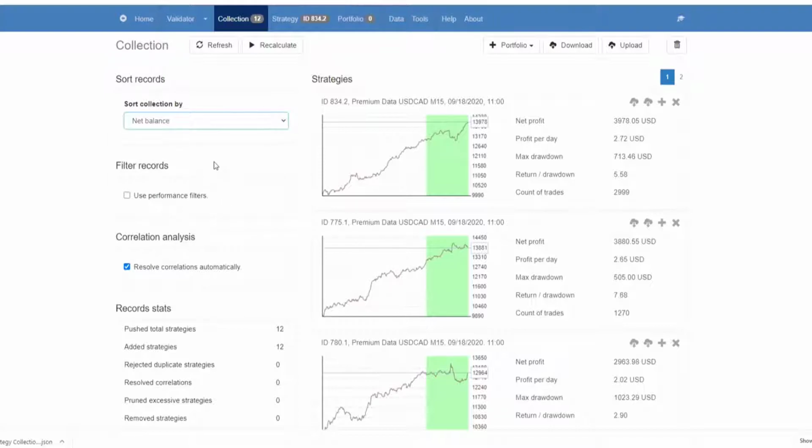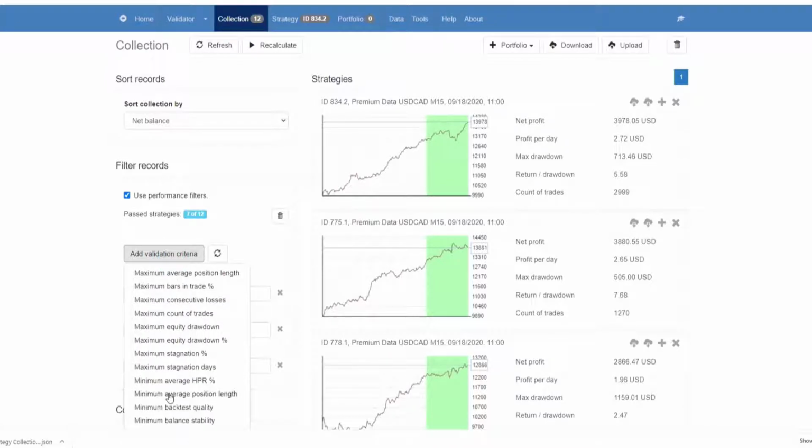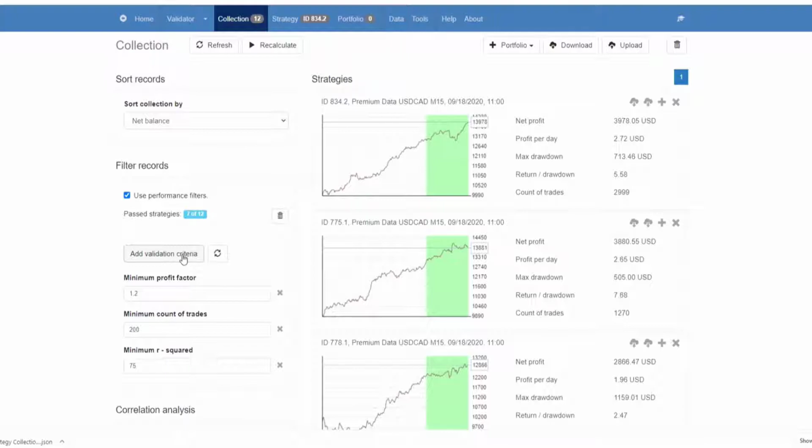Then below that, there's a very nice feature called the filter records. Now, when we use the filter records, you can select certain validation criteria, and the system will calculate the strategies that adhere to these criteria that you have selected. There's quite a bit that you can select here, and all of these will filter the strategies according to the criteria that you select. Every time you change, add, or remove one of the validation criteria, the system will automatically update it,